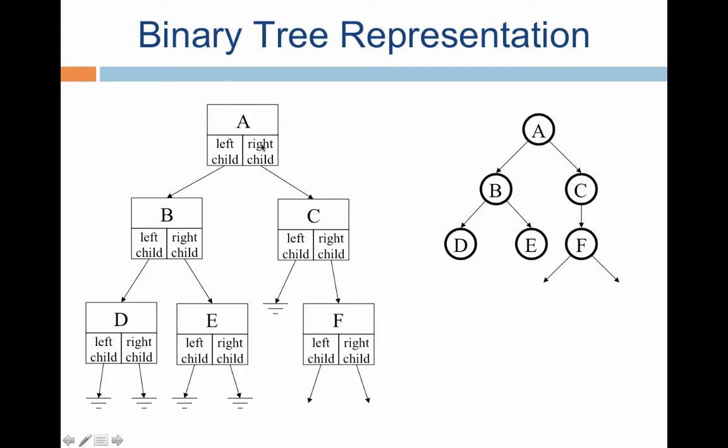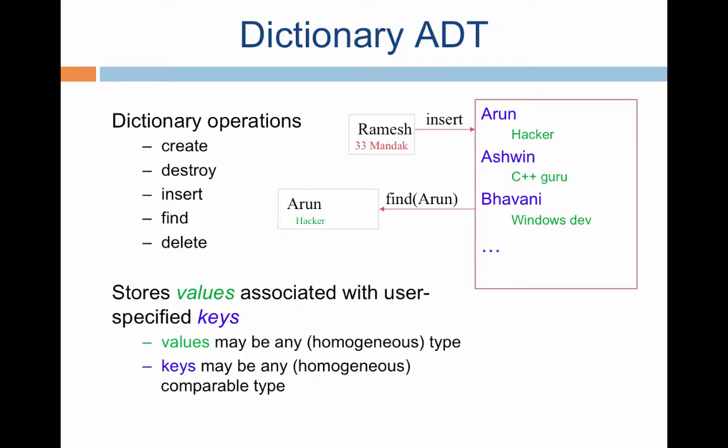Here is a node. We've seen the code for such things before. A is the key here. The left child points to the node that contains the value B. The right child points to the node that contains the value C, and so on. And here is a notation for a null pointer where the left child is not pointing to anything. So this is a representation of the binary tree that we have already seen.